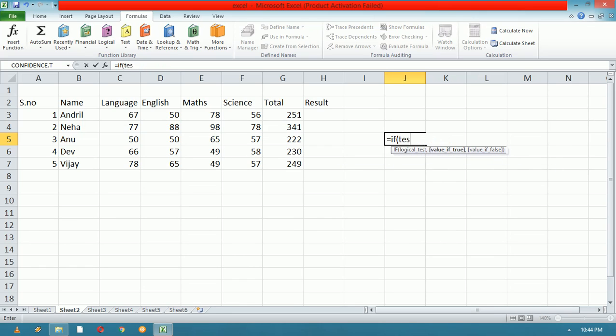So that's what the syntax itself says. If logical test, and if the test is correct, it returns 1, then what we have to do, that is true. If the test result is not true, then what we have to do, right? So that's what we are going to do.